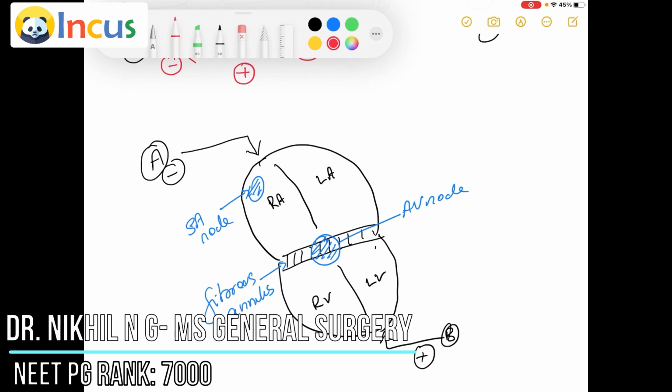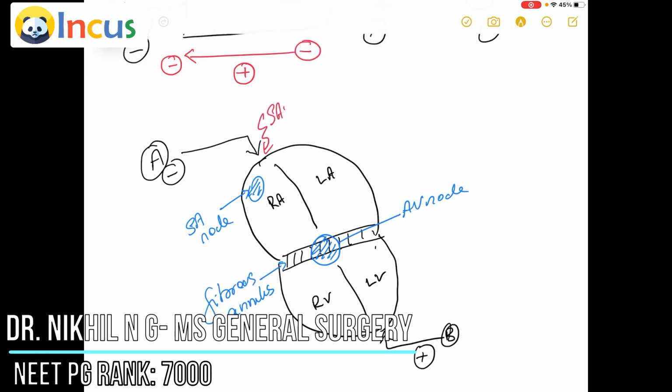Now you give a stimulus at the SA node. The SA node is stimulated and there is formation of positive ions. These positive ions move towards the ventricles via the AV node. So this positive charge is moving towards the ventricle, which is also positive. Positive into positive gives a positive wave, that is the P wave. This is atrial contraction. Stimulating the SA node causes atrial contraction because positive charges form and move downwards towards the ventricle, and hence there is formation of the P wave.